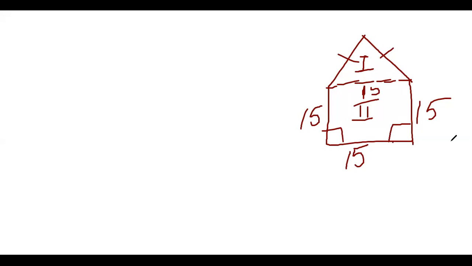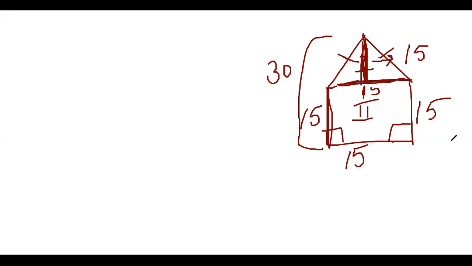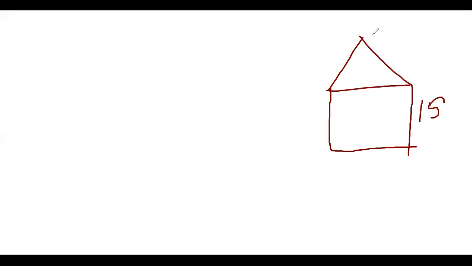And it's a triangle now here, where the base is 15 and this height will also be 15. The reason is the total is given as 30. This total is 30. 15 is this one. The left one is also 15. Right? Now we have a triangle and a square. In the square the sides are 15 meters, and this base is also 15 and this height is also 15. So firstly we'll find out the area of 1, or you can say the area of the triangle.